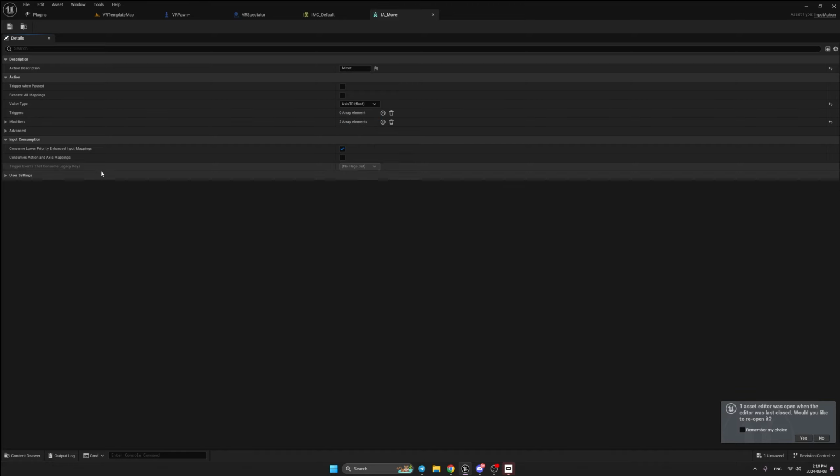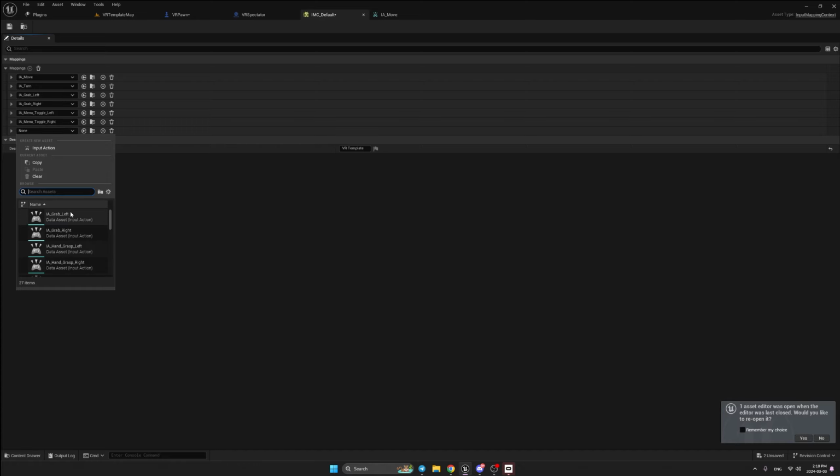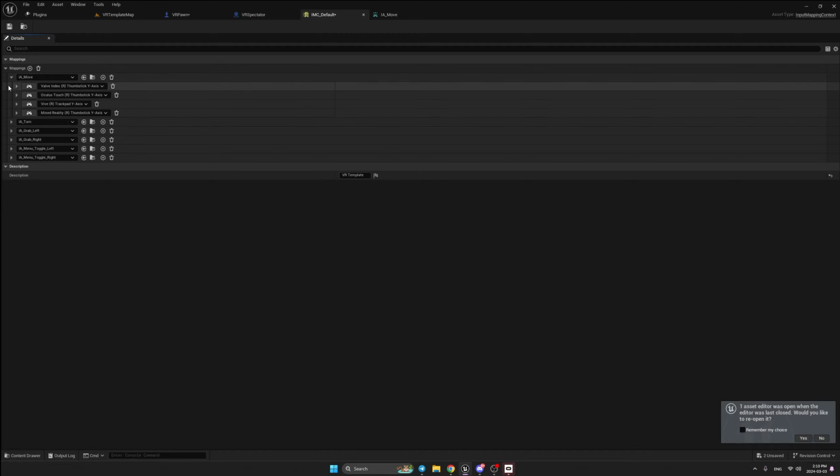Once we're done with this, we're going to head to our IMC default. Here, how those mappings were added is that the plus icon was pressed, and here there are all the input actions we have created before. I'll just delete what I've just done. And let's open one input action. As you'll see here, we have all the mappings that are responsible for this input action. So for our IA move,